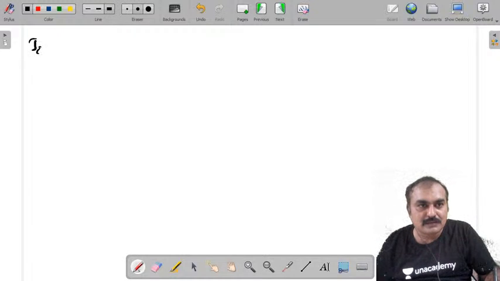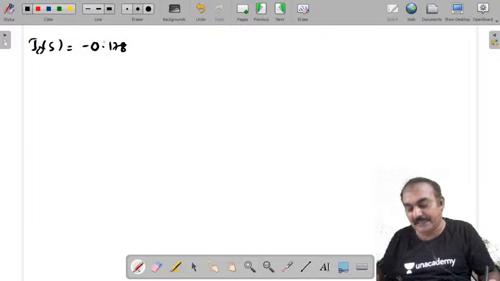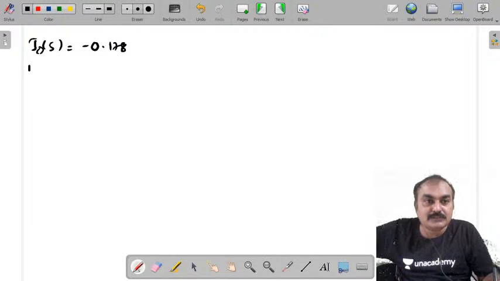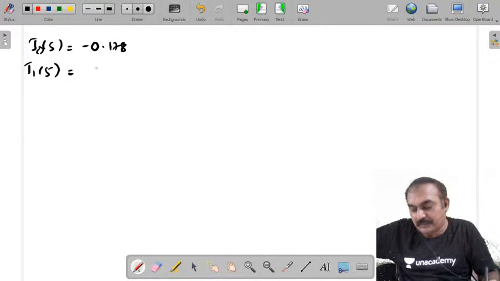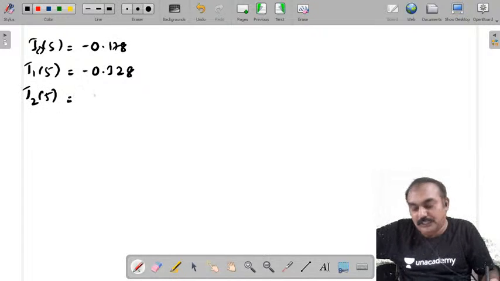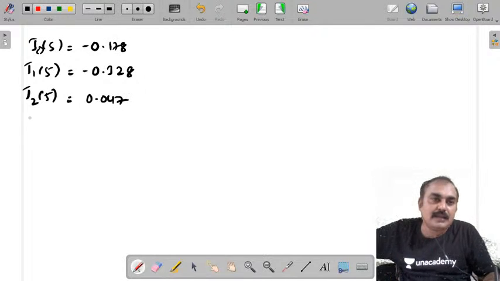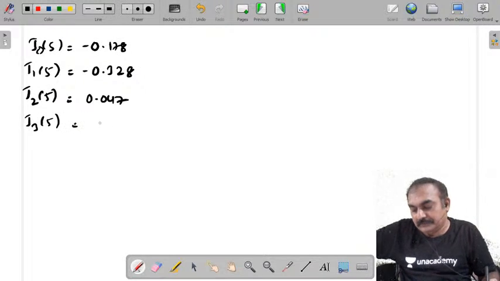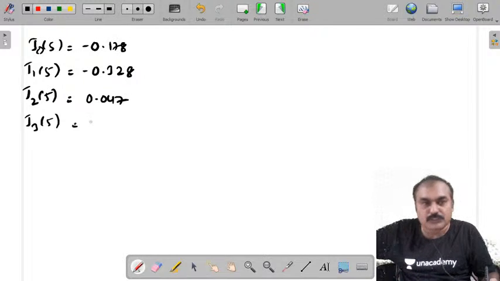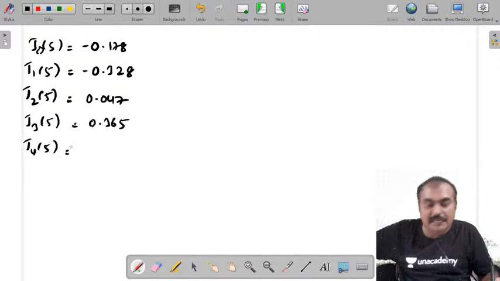First one is J0 of 5 equal to minus 0.178. J1 of 5 equal to minus 0.328. J2 of 5 equal to 0.047, and J3 of 5 equal to, first two are negative, next are all positive, 0.365. J4 of 5 equal to